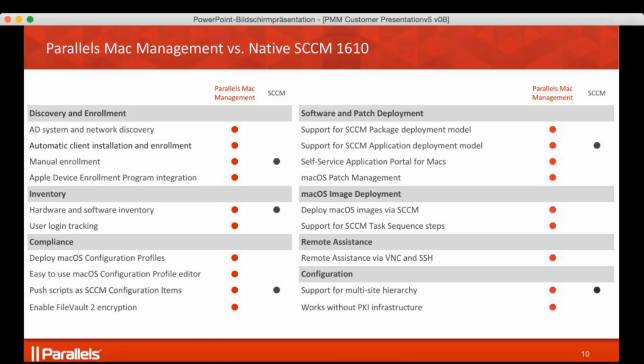Running or implementing PKI is not an easy project. That takes a lot of planning. I don't know who of you has implemented PKI. That requires a lot of planning and steps. We don't require that, so you can manage your Macs without PKI in place. If you have PKI in place, no problem, we support that as well. And even the change from non-PKI to PKI is possible. Actually, you have to deploy the certificates and then reconfigure the Parallels Mac Management tool to get access to the